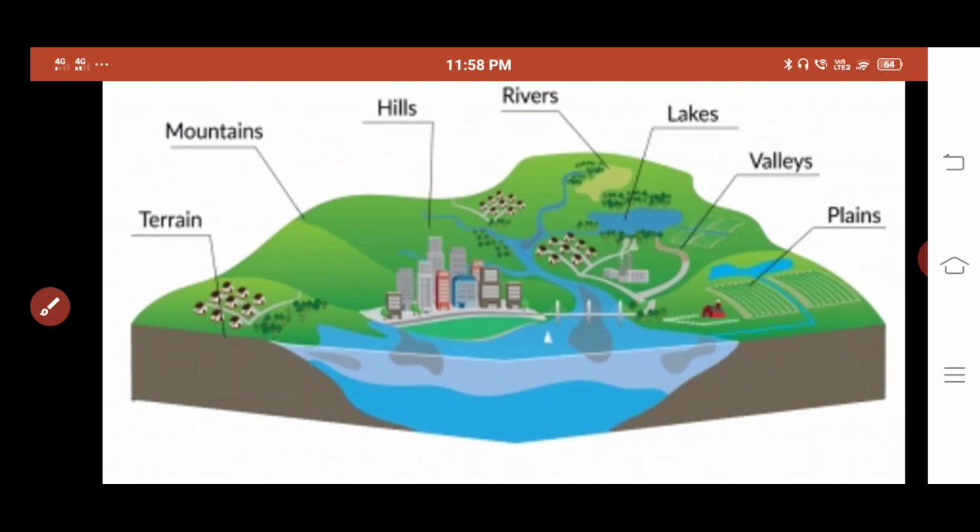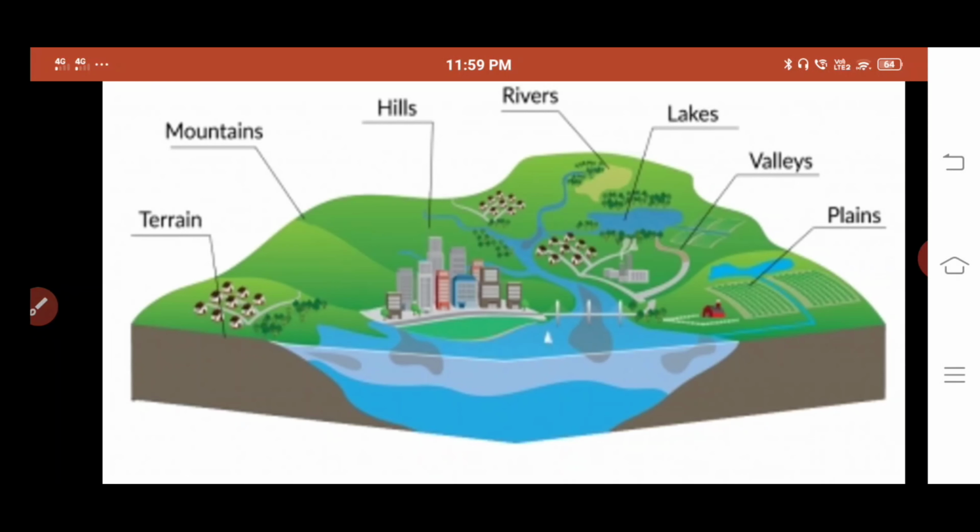So here the problem is, my dear children, since maps are flat, we cannot show the height of different places on them. We cannot show these high places on the map. So how to show this? That is the problem here. We therefore use a special symbol for this, called contours or contour lines. In order to show these relief features on the map, we use lines called contour lines. This you have already read in the 7th class.